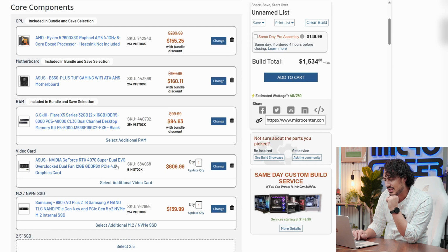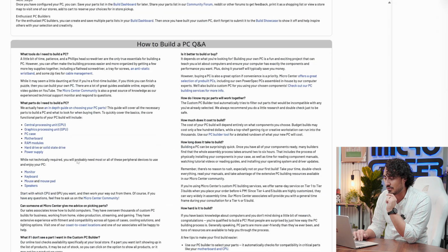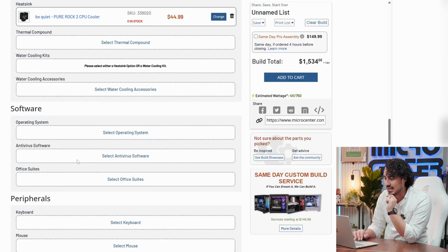I mean, the 4070 Ti Super, I would still want to go for just for longevity, because that's going to last you a really long time. And a 4070 Ti Super is practically a 4080 in terms of performance. And the 4070 Super, 12 gigabytes of VRAM paired with the CPU, you're still going to get really good performance for 1440p gaming. And you can even go,